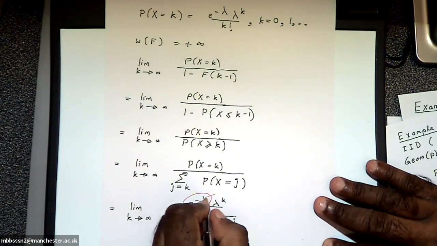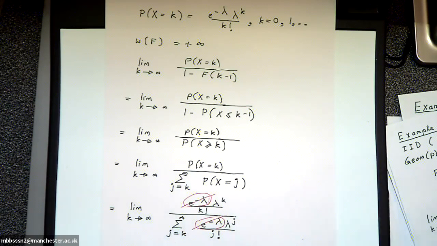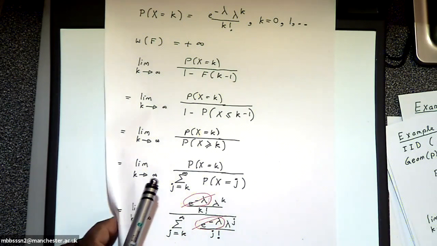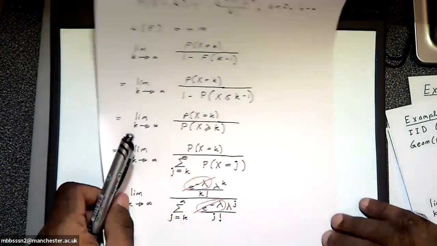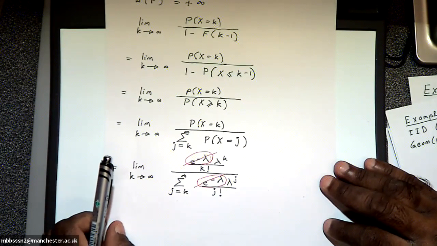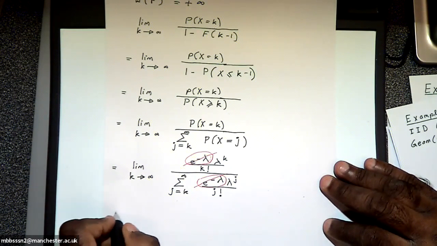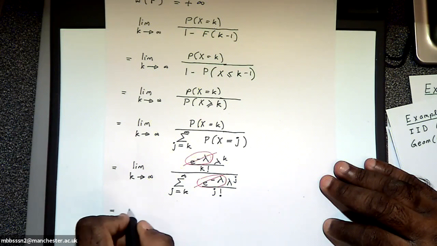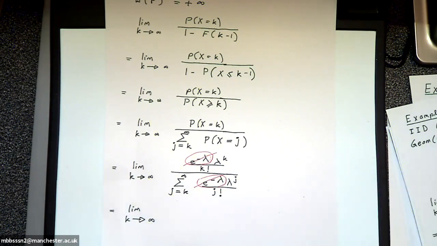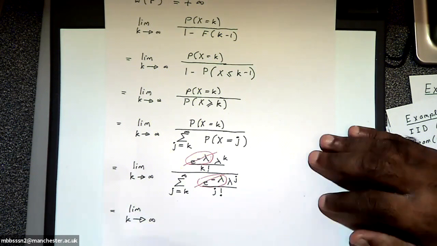So you can cancel them out. Are you seeing this or not? So these are constants, so you can cancel them out. And so this will become the limit as k goes to infinity of